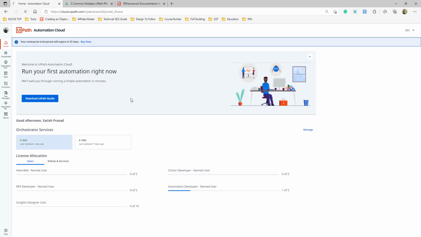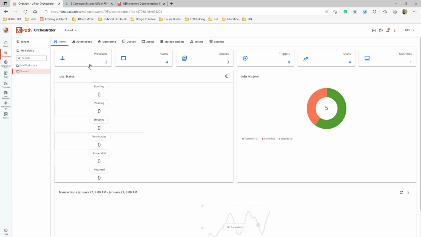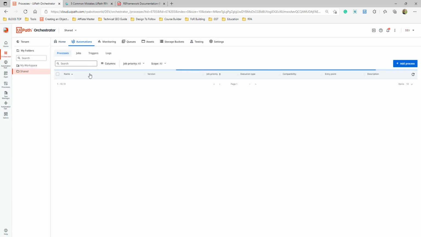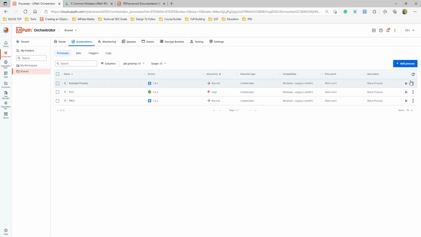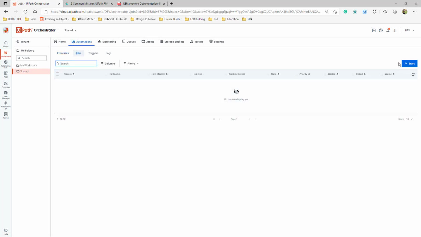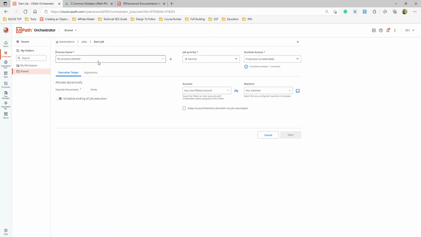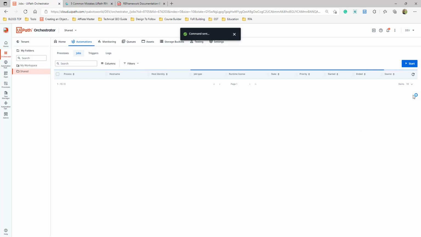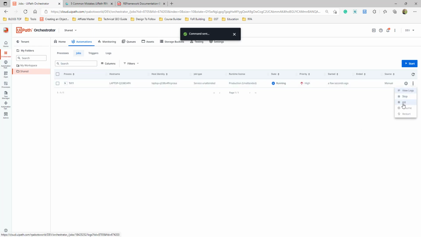If you go on dev orchestrator, and to process, and say for example jobs, when you go and start a job and run it, there would be an option of kill and stop, right?